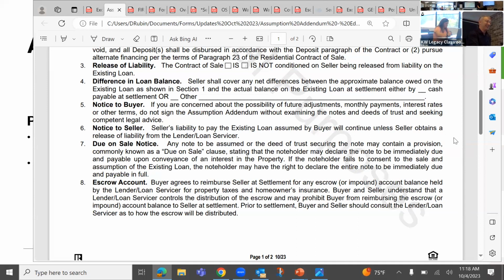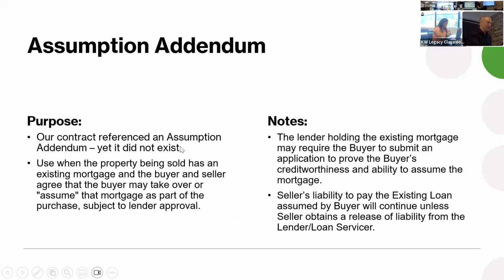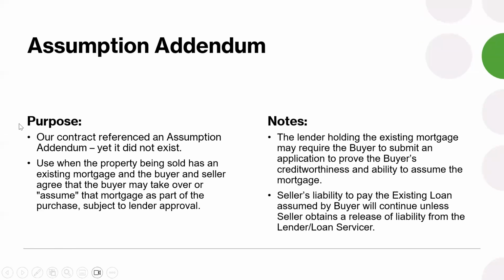I think this is, in some respect, our contract referenced an addendum that didn't exist, so now it exists. But that doesn't mean that it's all that helpful. I guess that's one we just learned. But I think there are ways to figure that out, but that is not expressly contemplated in this document. Okay, thank you. Yeah, of course.